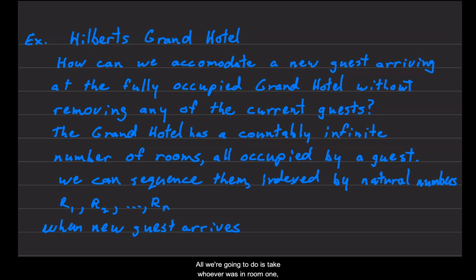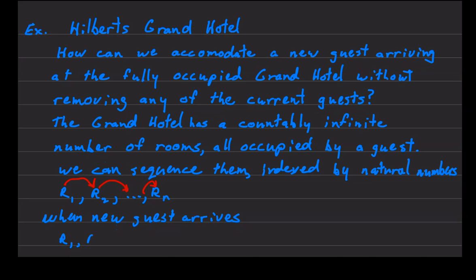all we're going to do is take whoever was in room 1, move them to room 2. Whoever was in room 2, move them to the next room, and so on as we go down the line, which means we'll add a new room at the end, which we can do because this is an infinite set. So we end up with the new list being R1, R2, Rn,